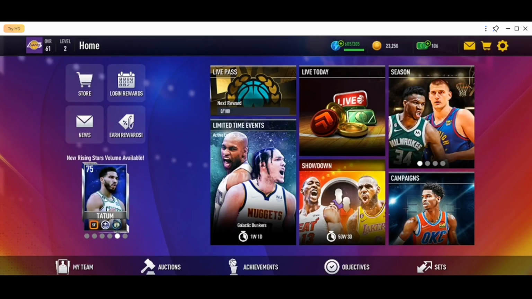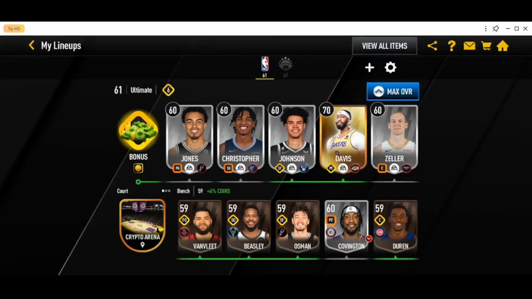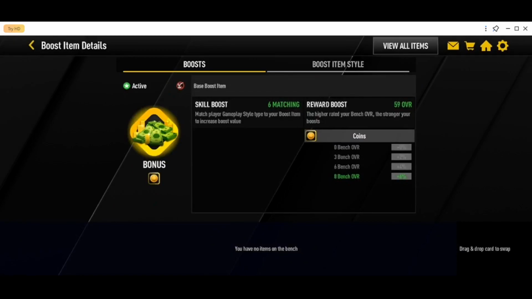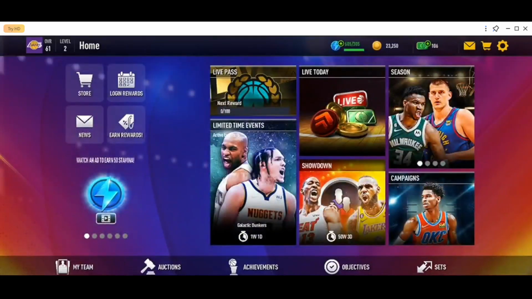So firstly, we need to start a match. Before we start a match, we're gonna go to My Team, and then from here, you can choose the players that you want to play with, and also you can activate a boost. So in my case, I'm activating a bonus, and right now I'm gonna go back,